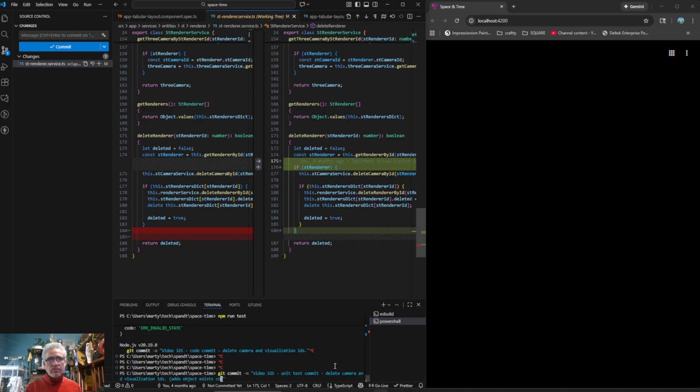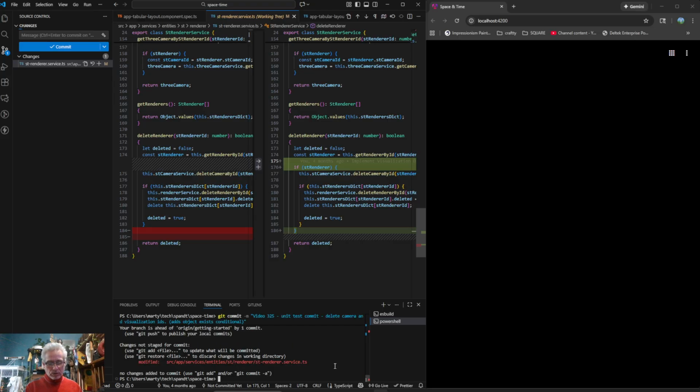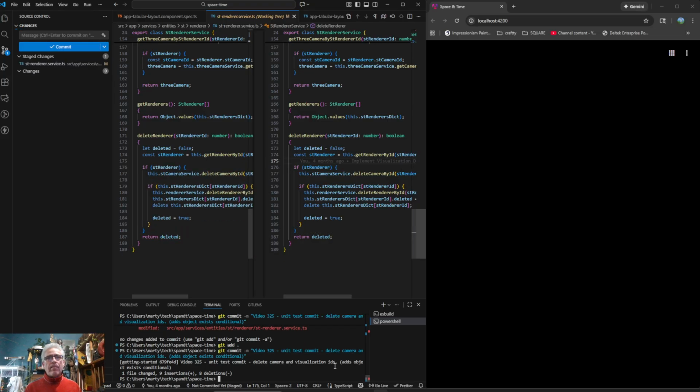Conditional. Now enter, and then I forgot to do that. Git add, and then run our Cypress tests. Got 2 minutes. ATM run